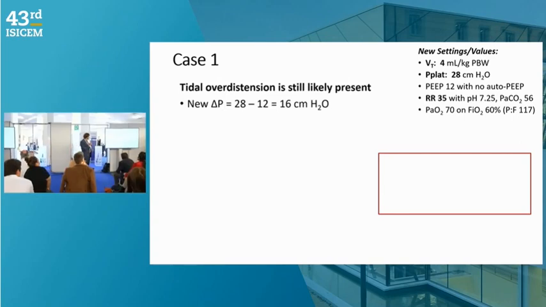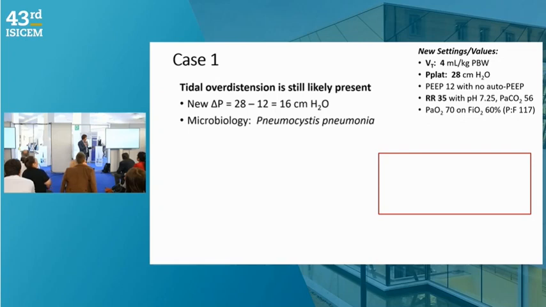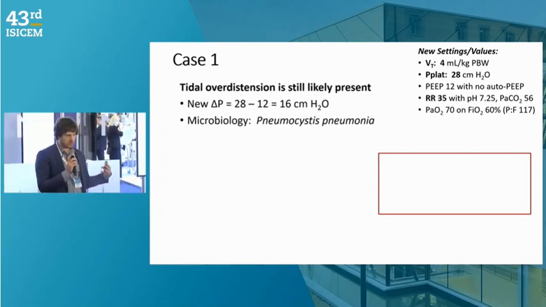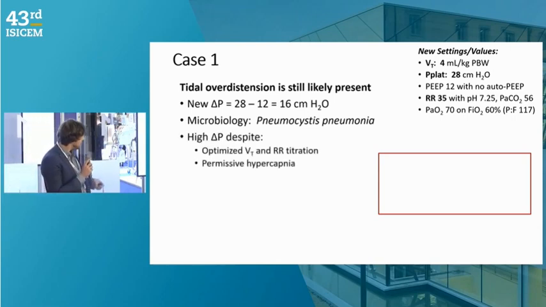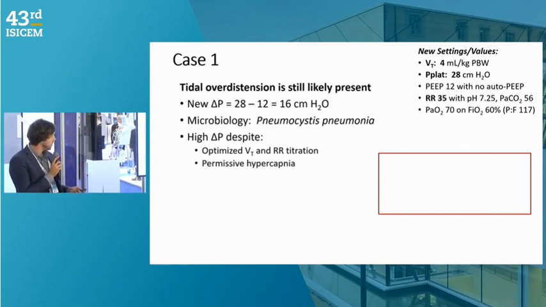The driving pressure, as I mentioned, is better with that reduction in tidal volume, but it's still high. And I dropped a couple of clues early on in the case. This is a younger gentleman with AIDS and cachexia. So studies came back showing that the patient had pneumocystis pneumonia, PCP, which for those of you who have encountered these patients, they tend to have a very profibrotic process in the lungs and very, very stiff lungs mechanically. And so in this patient, they had high driving pressure despite trying to optimize tidal volume and respiratory rate